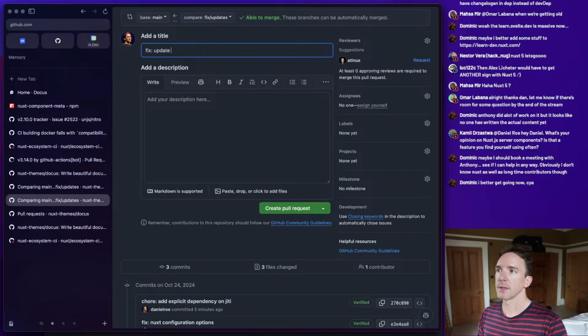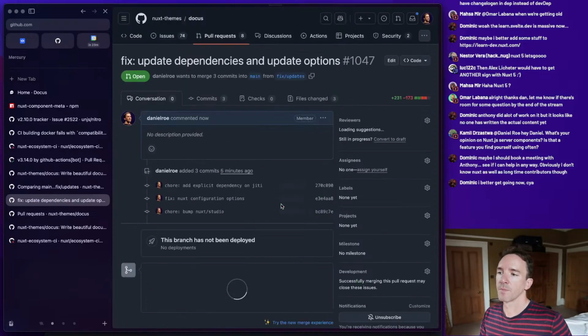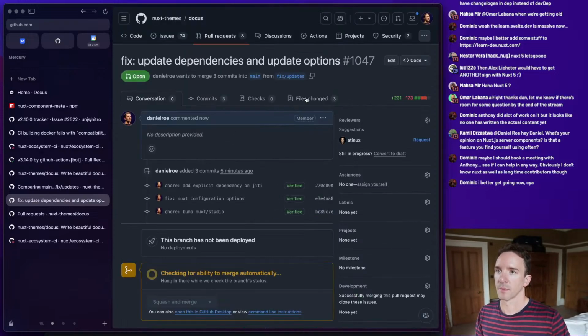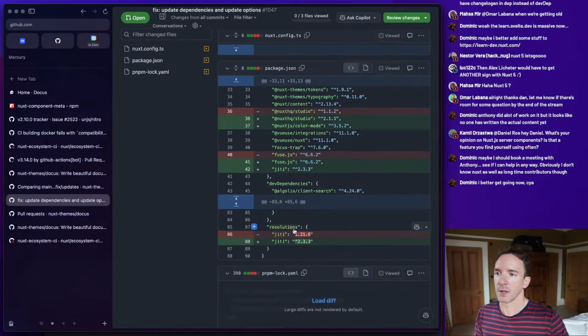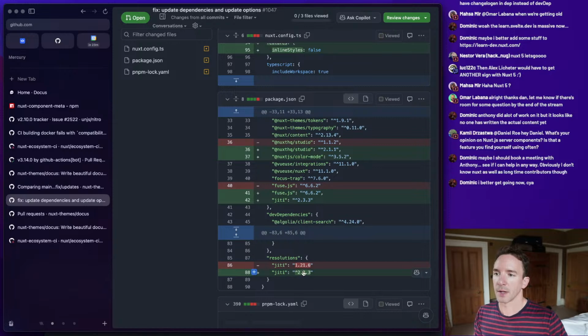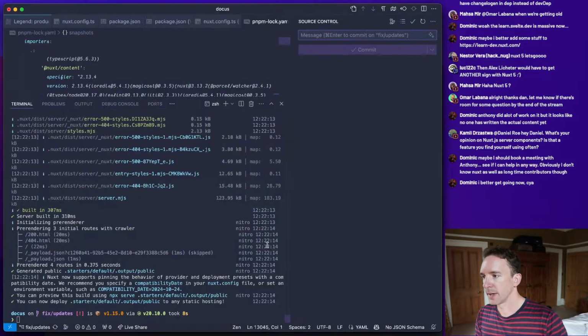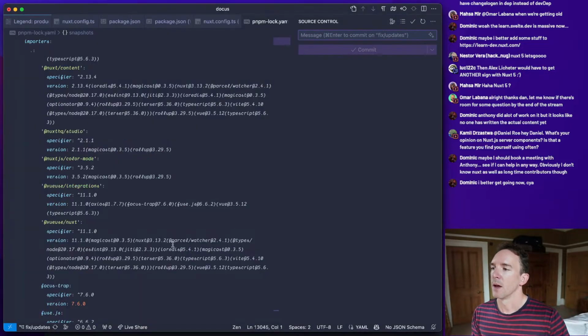Update dependencies and update options. Okay, so we still have our jiti dependency. We've updated it to version 2, which is good. We've explicitly added it as a dependency, which doesn't seem to fix anything. Okay, so